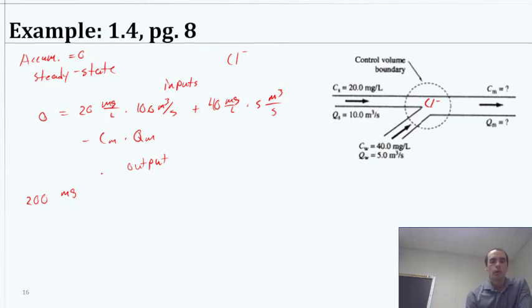I'm just going to put it as 200 milligrams times cubic meter per liter times second. We see that the liters and the cubic meters can cancel if we convert it, but we don't need to, because we're ultimately going to divide everything by the flow rate at the end anyway. So I'm just not going to bother with that just yet. Plus the 40 times 5, that's going to be another 200 milligrams cubic meter per liter second,